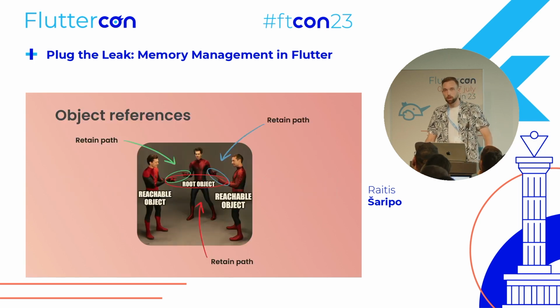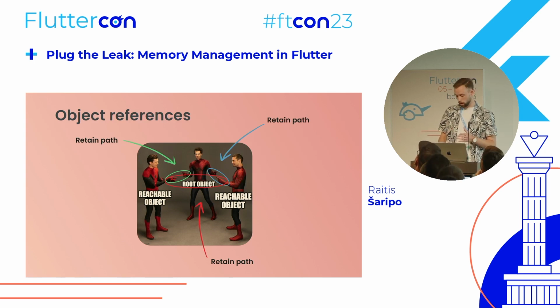So with every Dart application, a root object gets created, and it references every other object that gets allocated into the memory. And the references that are being held between the objects form a retaining path. A retaining path is basically a sequence of one or more references pointing from the root to an object, and it retains the memory, meaning